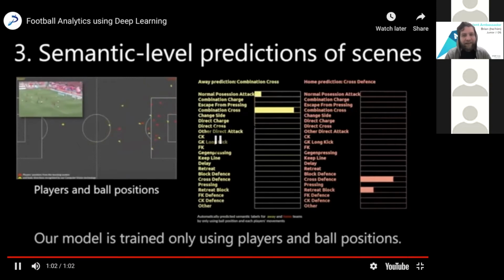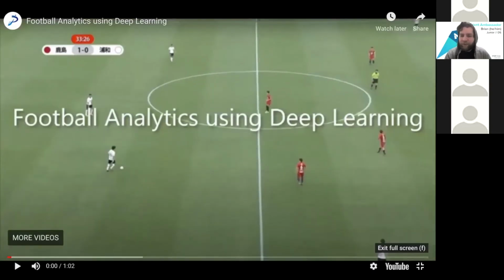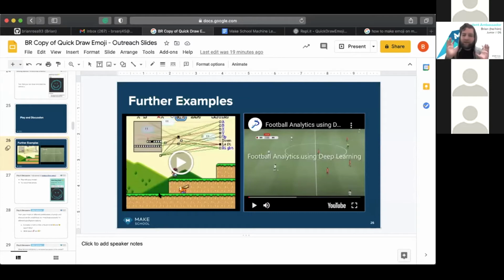Then the shot, it didn't get the shot, but you know, nothing's perfect. At that point, everyone knew the shot was coming in. So that's our machine. So that's what you can do in a soccer sense. So let's take a look at this again. And this one's going to be a little bit more involved.